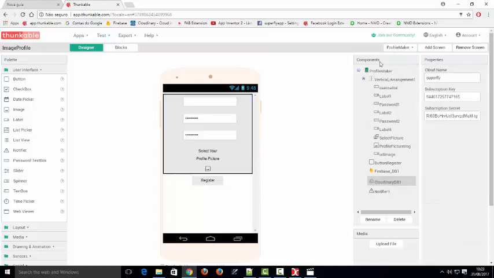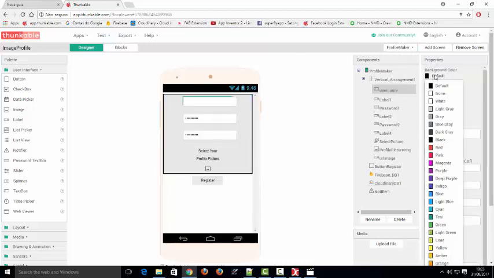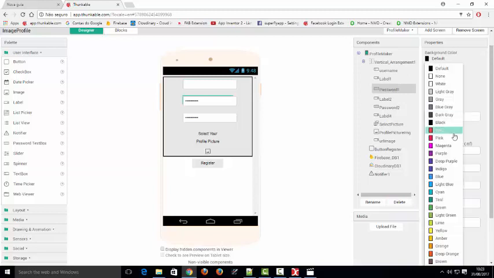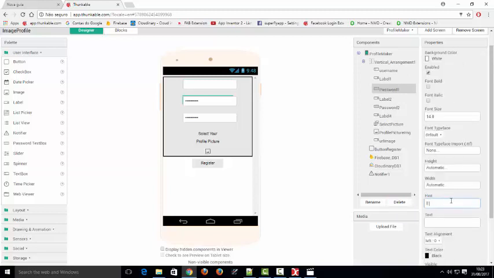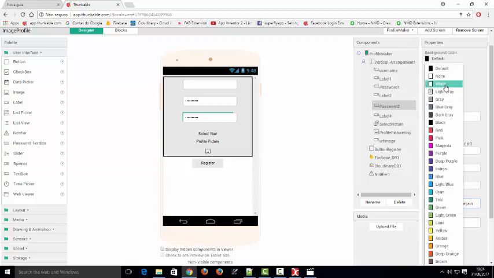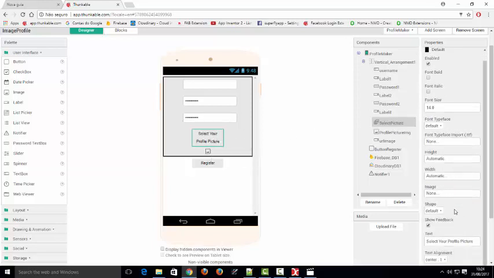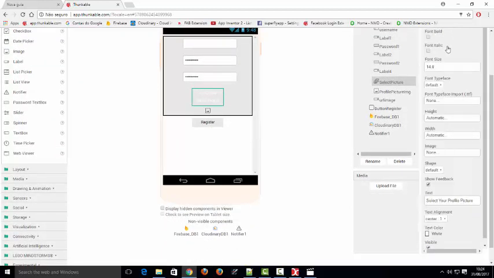So back on profile maker, I'm just gonna put here as white and the hint as enter a username, the password, enter the password, the password 2, enter the password again. I'm gonna put white, select profile picture, the color white for the